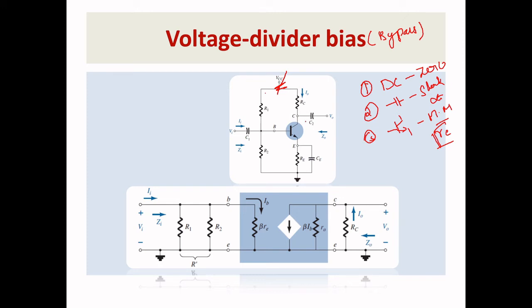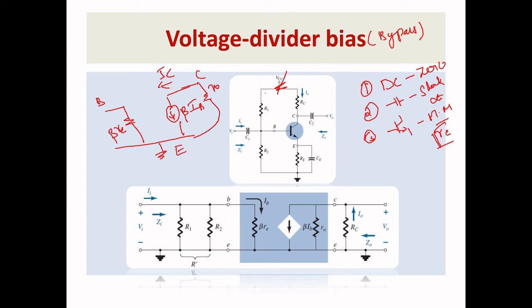So here I am just shading this part. I want to put a mathematical model. So you know that mathematical model: emitter, base, collector. In between base and emitter, you have a resistance of beta Re, that is the dynamic AC resistance we have calculated. Here the IC current is a dependent current source, beta times IB, and R naught. R naught is a resistance between your,